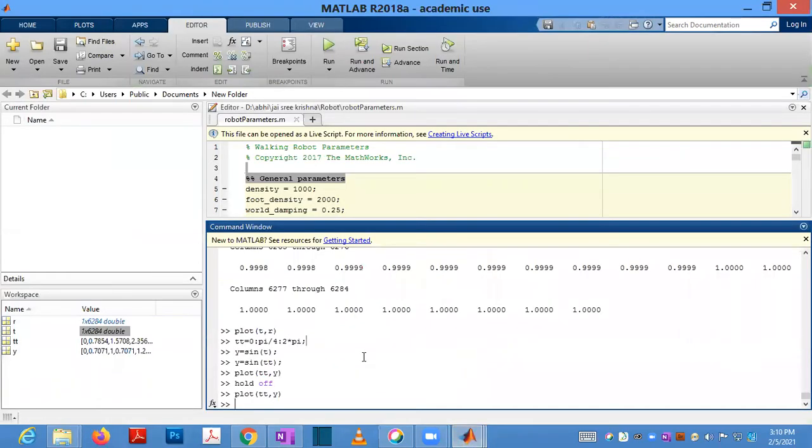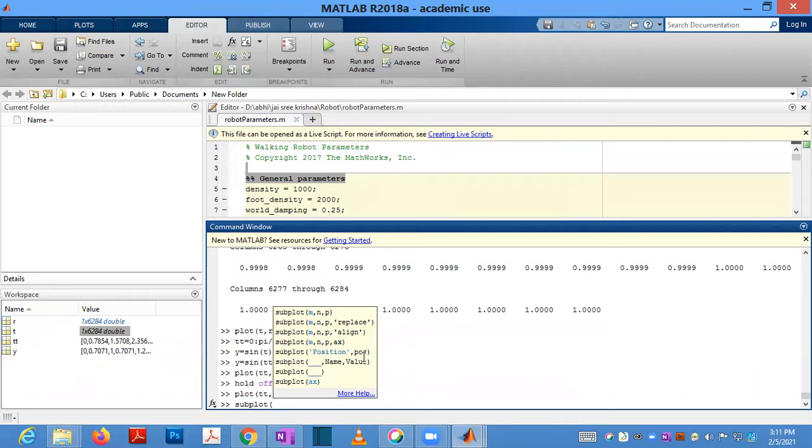For plotting in MATLAB, you have to use the plot command. There is a second type of plot also. You can use hold on and plot two similar things in the same graph. If you don't want that, you can use subplot. Subplot creates as many plots as you want in an entire plot, like a matrix.